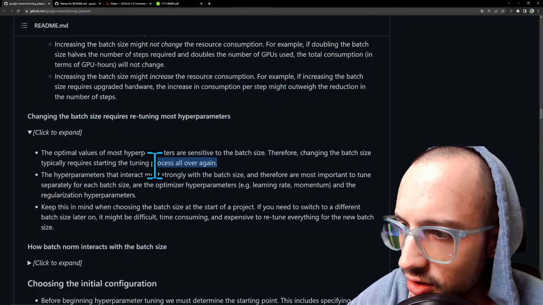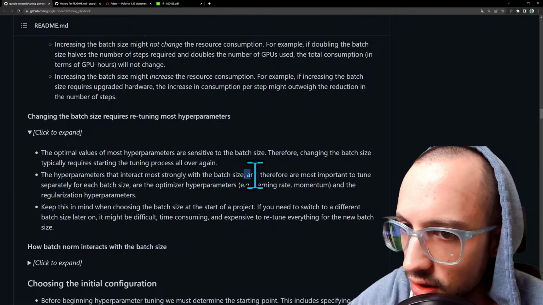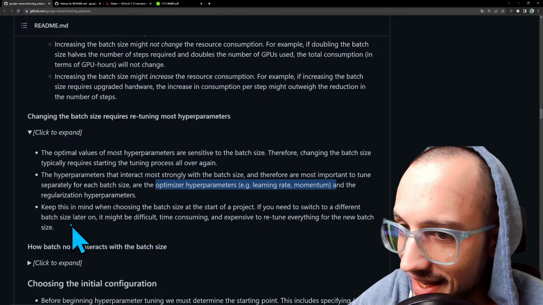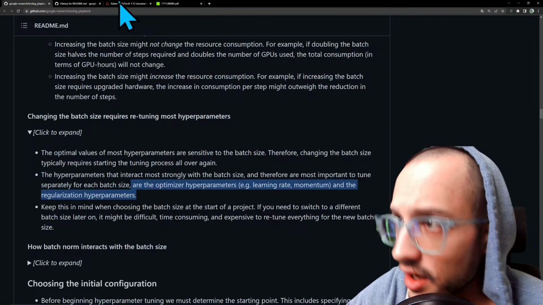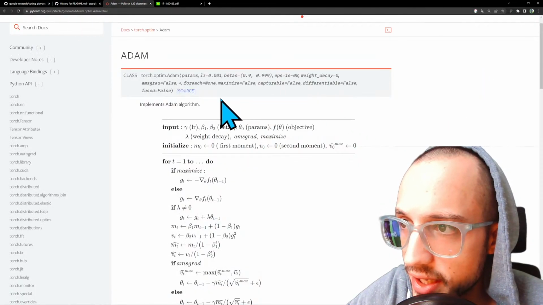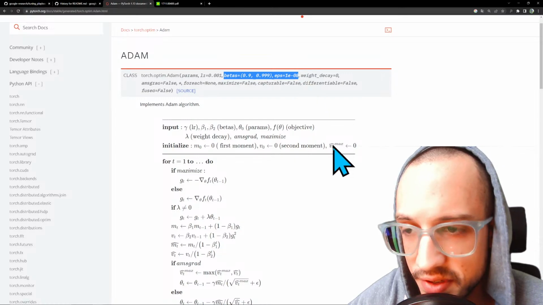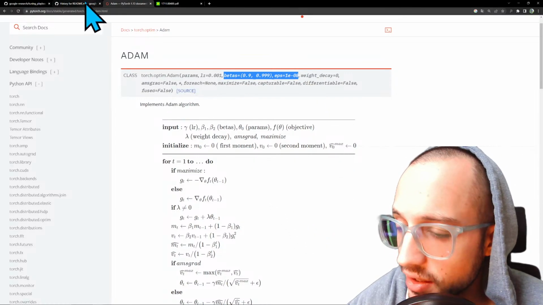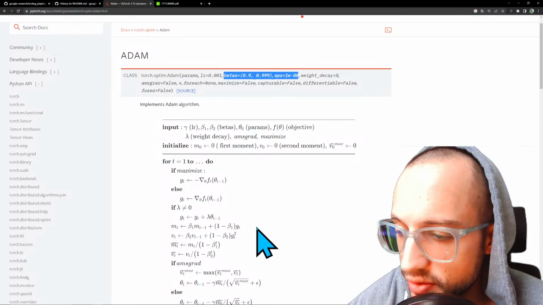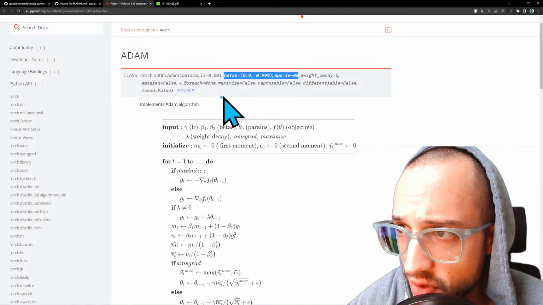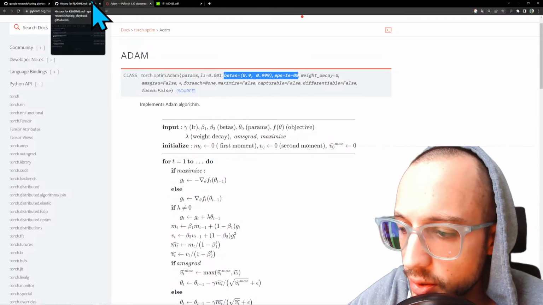The hyperparameters that interact most strongly with the batch size and therefore are the most important to tune separately from the batch size are the optimizer hyperparameters, such as learning rate and momentum, and the regularization hyperparameters. So in our Adam optimizer, right, you have these hyperparameters here, and different optimizers are going to have different hyperparameters and different forms of regularization, such as layer norm, batch norm, are also going to have their own hyperparameters. Those hyperparameters are going to be